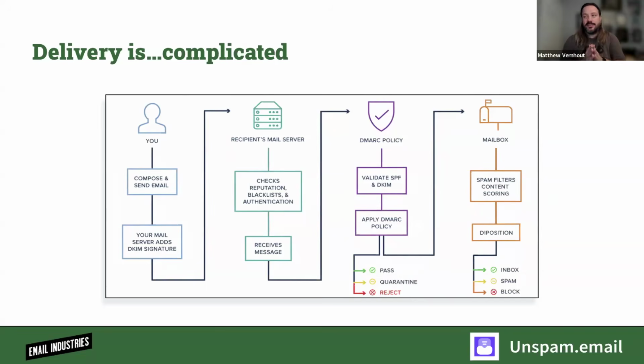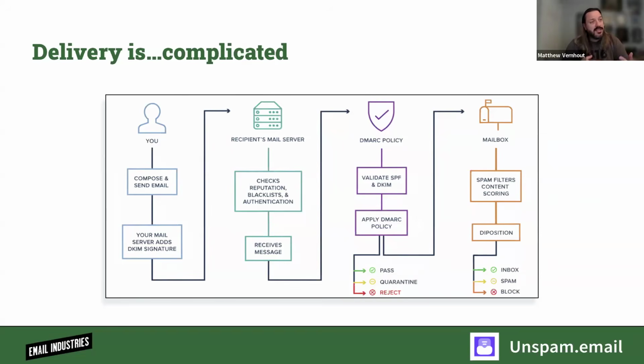Typically, things are being done somewhat real time, but occasionally they're done post delivery as well, and then you might get a bounce afterwards. As part of that, they're validating all of your authentication, which includes DMARC, so SPF and DKIM get validated to ensure that the messages are approved to be sent by that sender. At that point, DMARC policy can be applied. So they're going to say, should this message be accepted for further processing? Should it be quarantined? Should it be rejected outright? Right? There's no point in doing spam filtering if the message fails authentication. You can just kick it back out and say, we don't believe this message is legitimate.